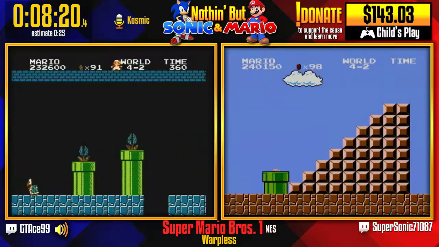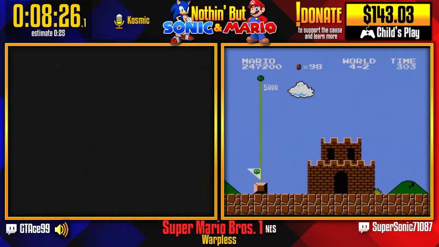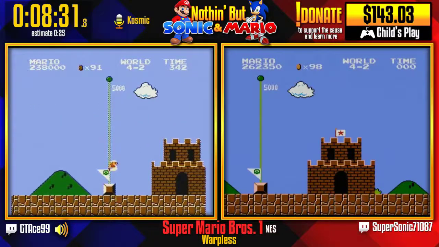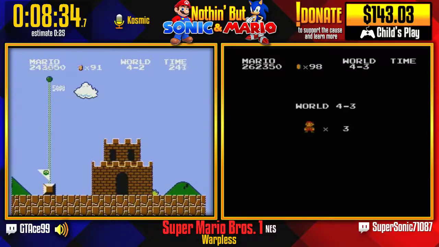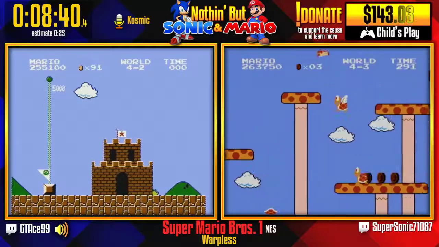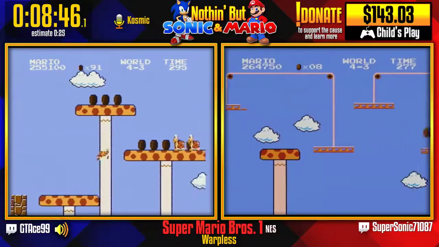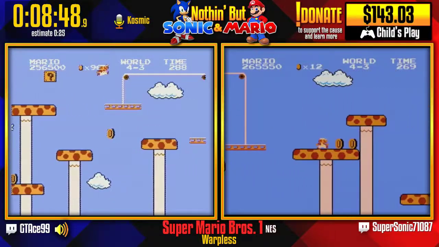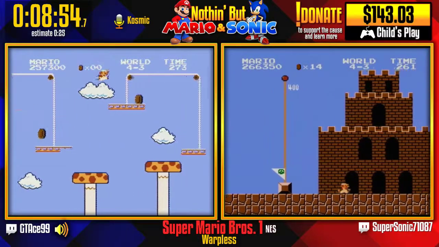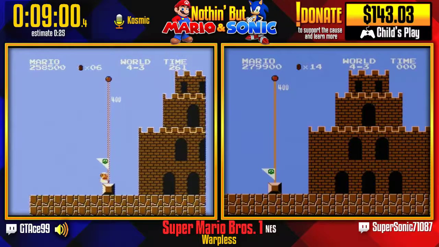Alright, 4-3. Never slow down in, and if you manage to get to the end without slowing down, there's still actually a 50-50 chance that you lose a third of a second based on where you grab the flagpole at. Kind of weird, but if Mario stops 1 pixel above the flag when he slides down, then you usually save a third of a second. It looks like both runners, but ooh, yeah, I think Supersonic got the time save, and so did GTAce, so nicely done. I did see a little tiny slowdown at the start of 4-3 for Supersonic, so I wasn't sure if that would cost him, but